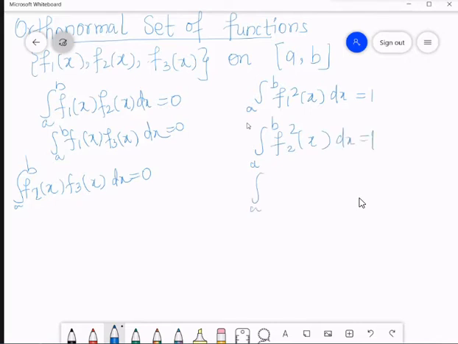Here we have the integral from a to b of f2 square equal to 1. Here we have the integral from a to b of f3 square equal to 1. If this happens, then we say that the set of the functions is